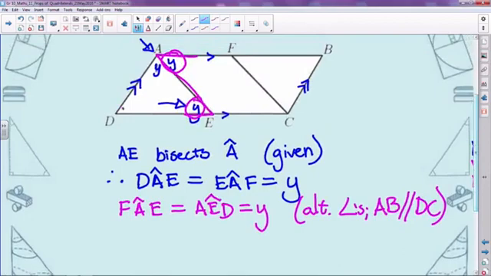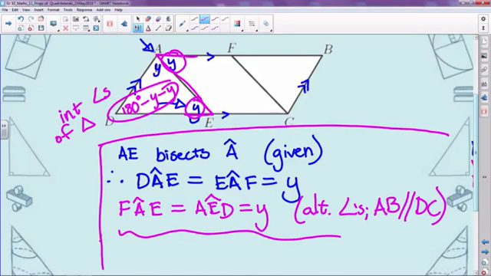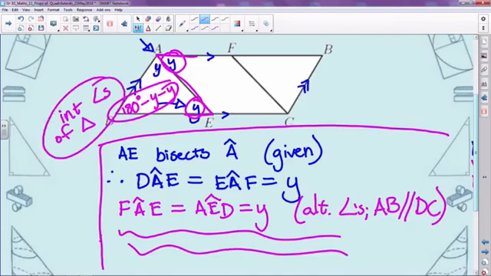Now that means that this over here is 180 degrees minus y minus y. Why is that amount? Because it's interior angles of a triangle. And I'm going to start rushing now and not write it out in the proper way, but I want you to continue writing down the reasons as well as the answers over here,